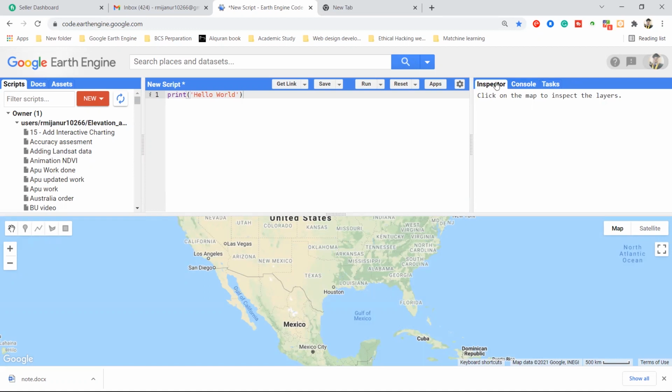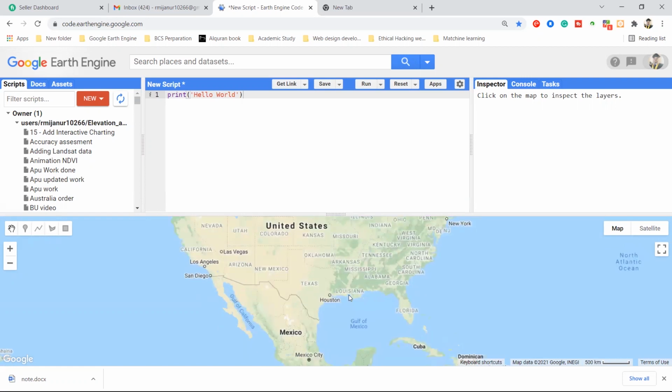So the inspector tab requires your map result, okay? In the inspector tab, when you click the map, you can see this is our map. Suppose you can add a map here, NDVI. So now you want to check a specific point. What's the NDVI value? You want to check it. You can simply click on the inspector, then you can click the map. Then you can get this result.